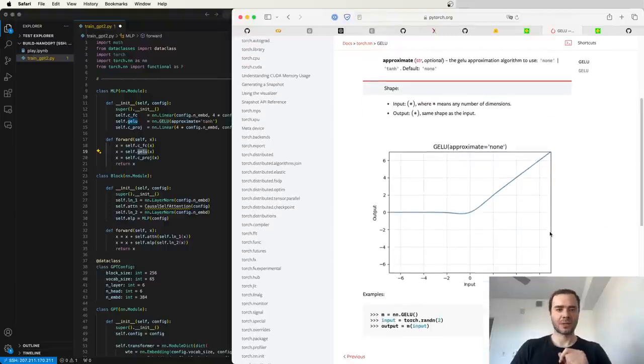Now, one other reason to intuitively use GELU instead of ReLU is that in past videos we've spoken about the dead ReLU neuron problem, where in this tail of a ReLU, if it's exactly flat at 0, any activations that fall there will get exactly 0 gradient. There's no change, no adaptation, no development of the network if any of these activations end in this flat region. But the GELU always contributes a local gradient, and so there's always going to be a change, always going to be an adaptation, and smoothing it out ends up empirically working better in practice,